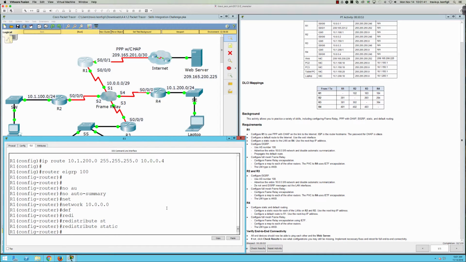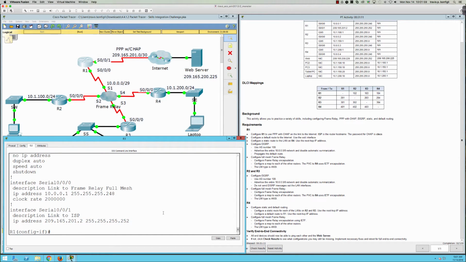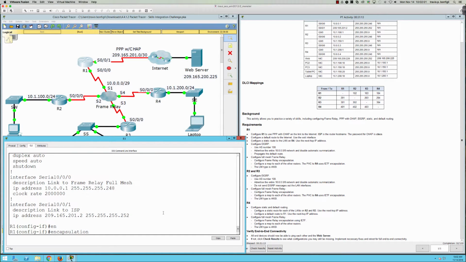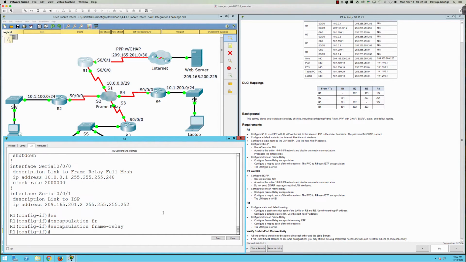All right, so where do we start? Well, let's pick the lowest hanging fruit, which right now is simply going to be router 1, since we're already on router 1. Let's get into interface serial 0/0/0, right? And if I were to do show run, let's take a look at serial 0/0/0 real quick. Right, so no encapsulation has been set. So the first order of operations is we need to say encapsulation frame-relay, right? So we get that set up, we hit enter, and you can see we're probably going to end up with a couple points from that, and we do end up with a couple points. So we've got the Frame Relay encap set